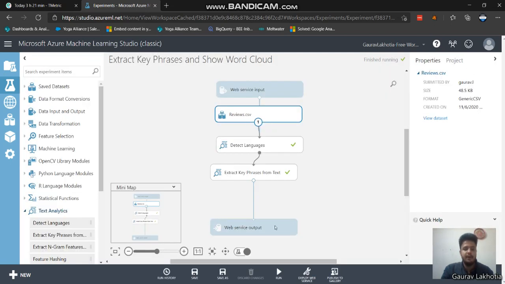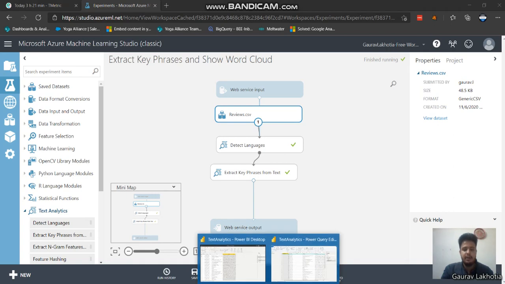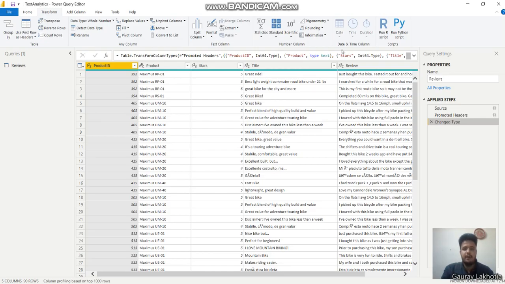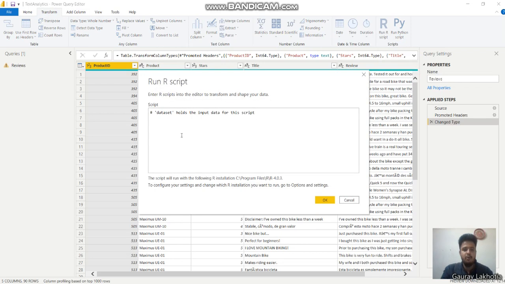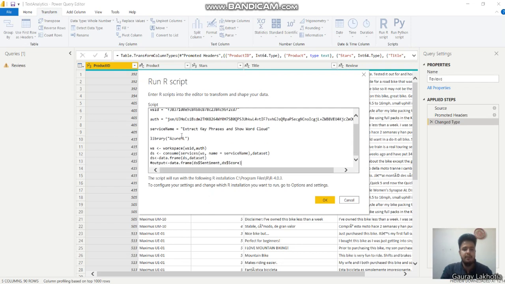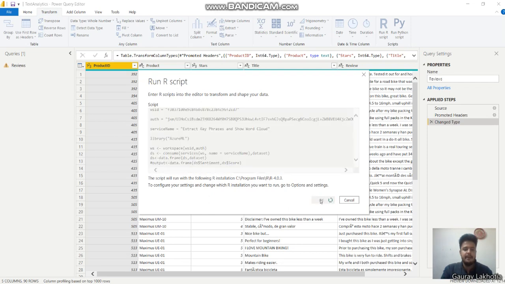And now let's get back to Power BI query editor so that we can import the machine learning model. For this one, I'm using R language, R script. You can find the R script under the transform tab. You can just click here, and I'm just pasting my whole code here. I will show you from where you will find everything. This is the code I've pasted here, which contains workspace ID, the authorization key, and my project name. So I'm clicking OK. This will take few minutes.